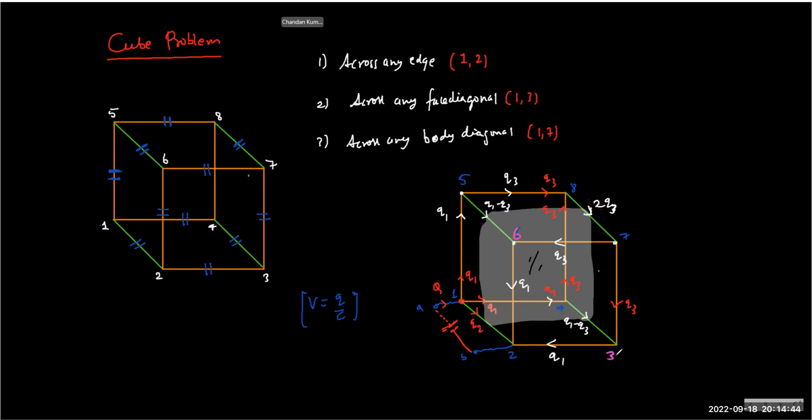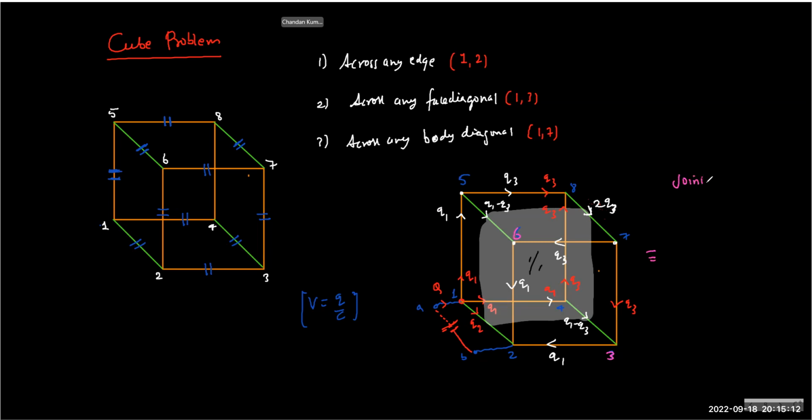Because they have the same charge and carry the same current, and they have the same capacitance. So if 3 and 6 have the same potential, we know in any electrical circuit, two points having the same potential can be joined together. And if you join them together,